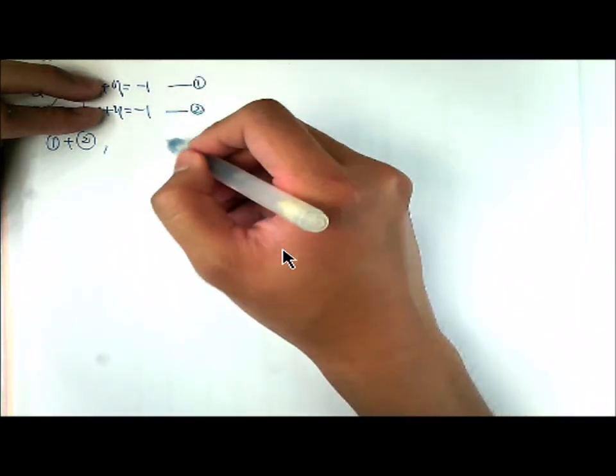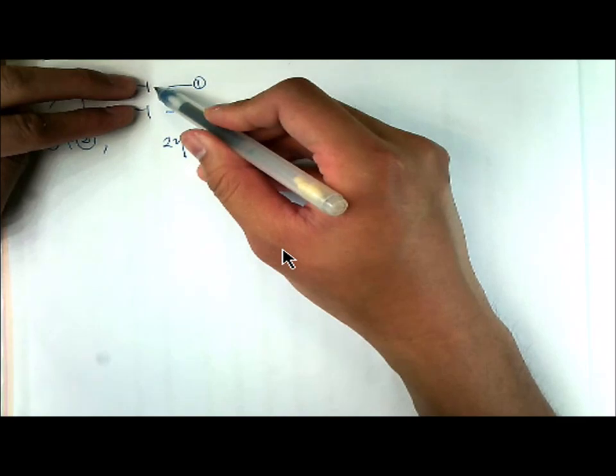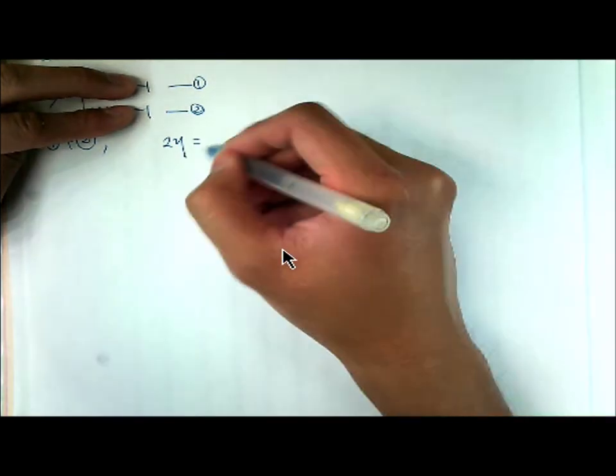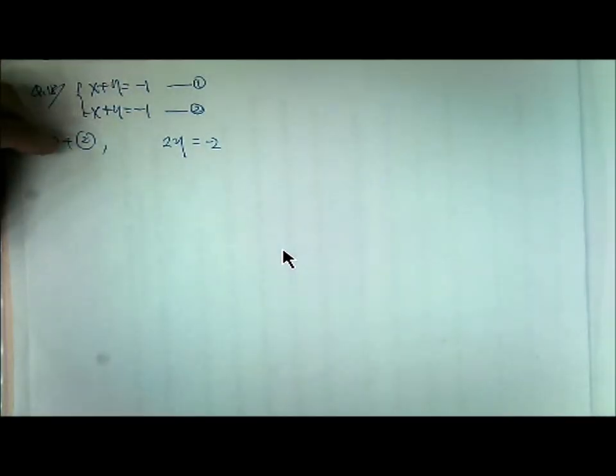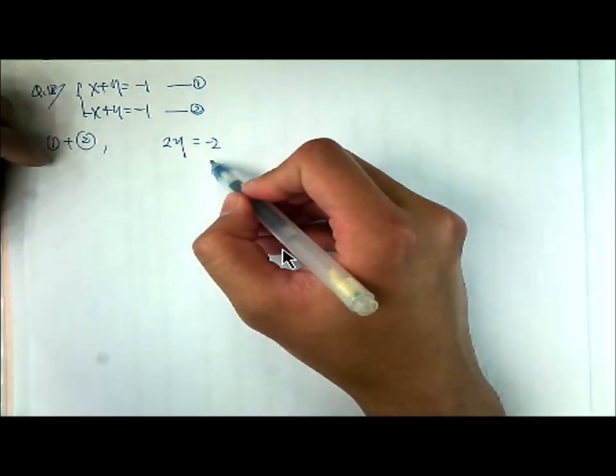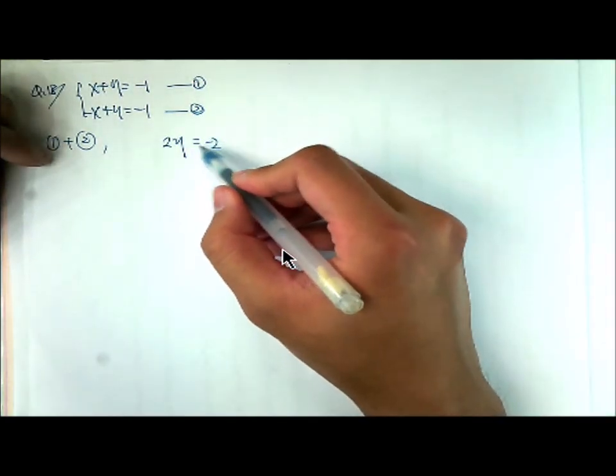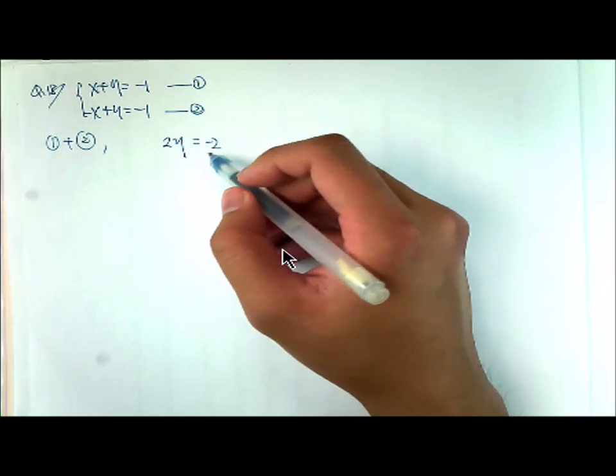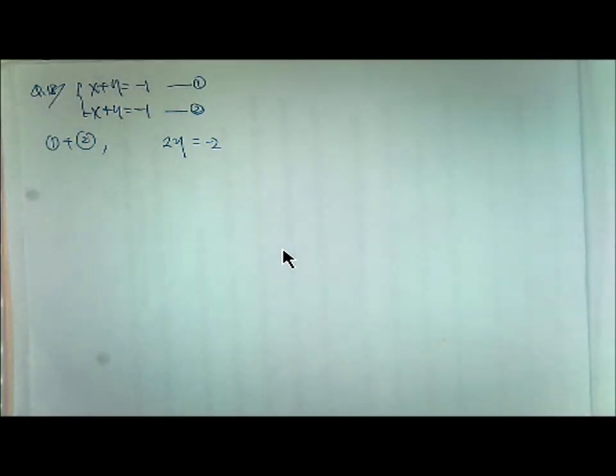Y plus y will equal 2y. Understand? And then on this side, -1 plus -1 will be -2. Understand? So we got this. If you feel a little bit strange about this, then you can do some easier things